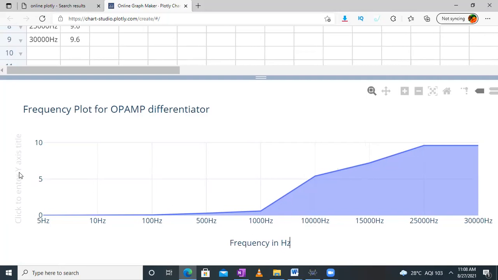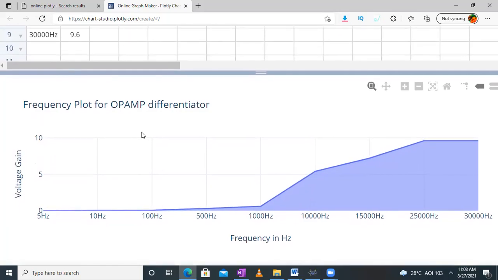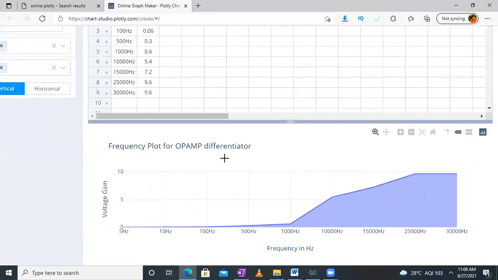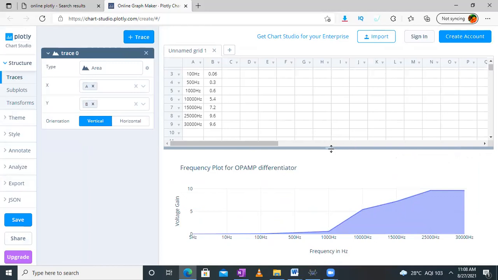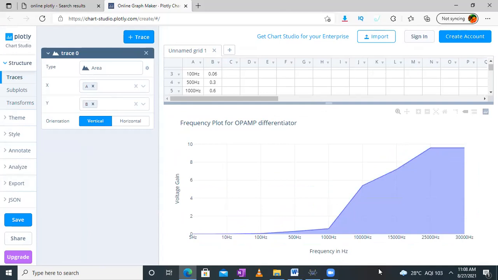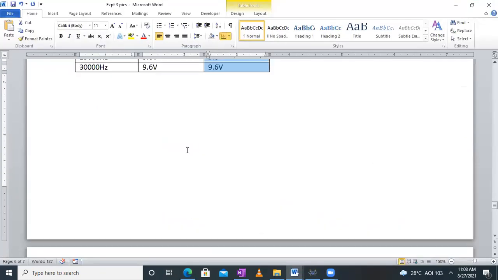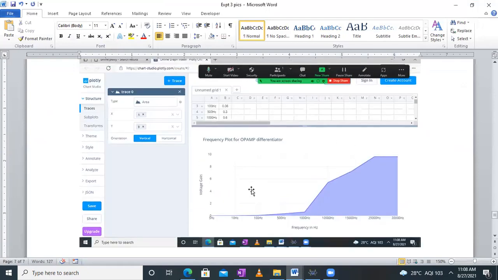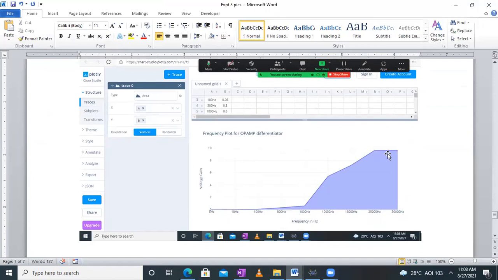Also we can enter the y-axis. So y-axis will be voltage gain. Okay, so this is the plot, or you can take this print screen, and then also you can take the print screen of the full screen over here like this. So we can reduce this reading, and here it is. So let me take a print screen and add it and show it to you in the Word document. So this way you can add your print screen wherein you get the frequency plot for op-amp differentiator.